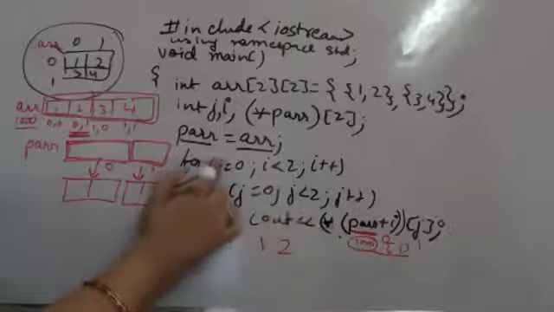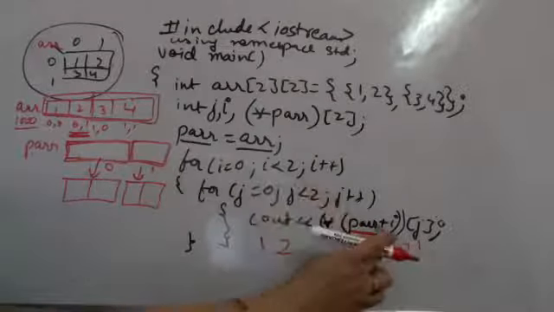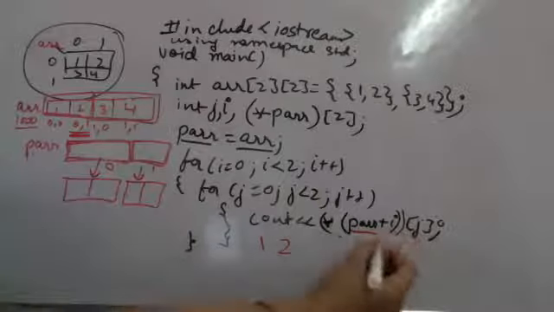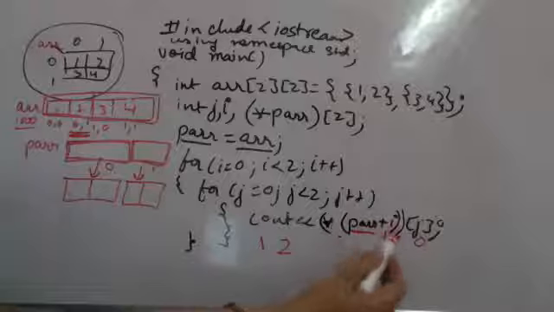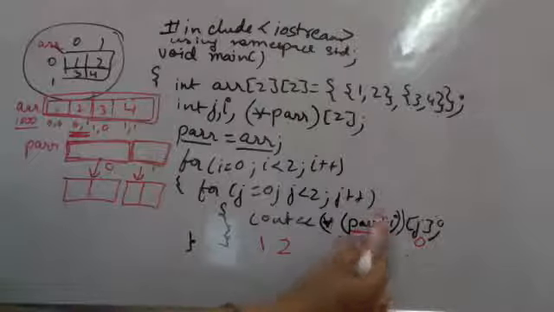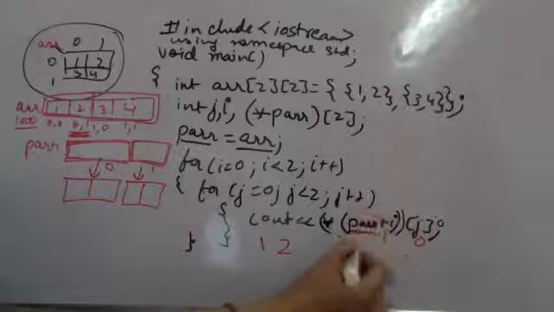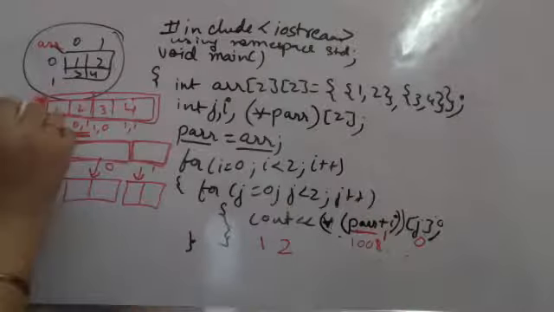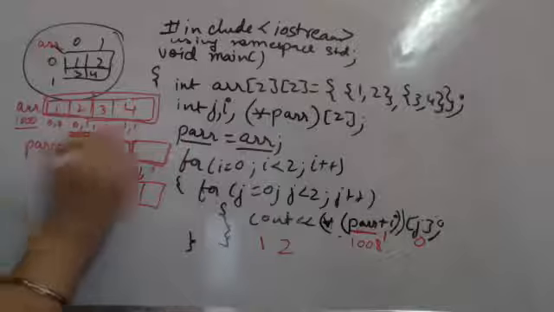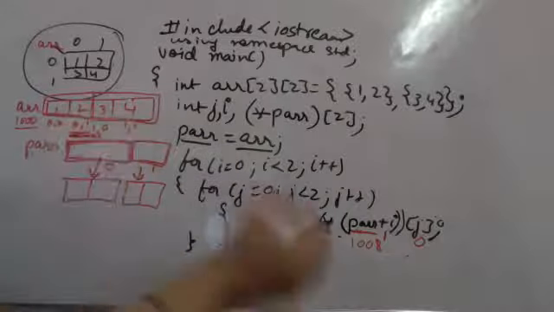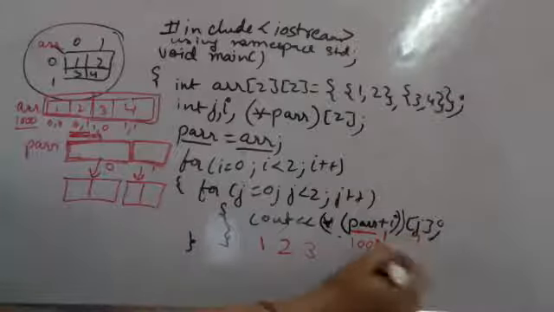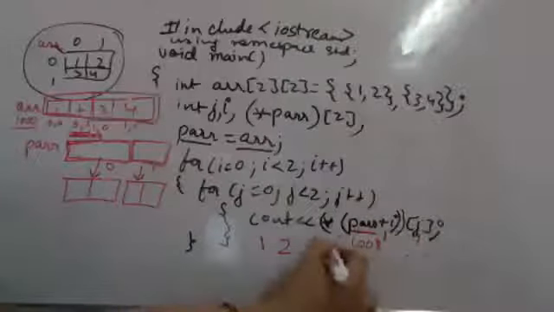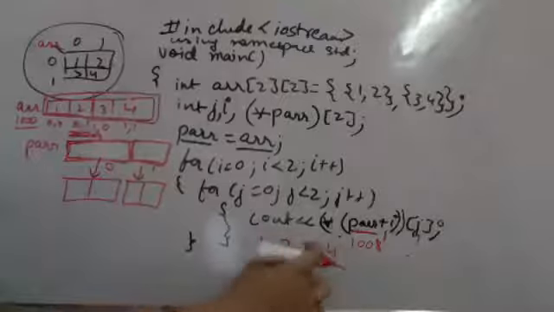Then we again go, I becomes 1, j becomes 0. So now this location is the next row in itself. It is P array plus I, it is the next row. What is the next row over here? It is incremented to be 1008. The next row's address is 1008. 1008 plus j is 0 column, I get a 3. Next, I becomes 1, j becomes 1. 1008 plus 1 integer column, it becomes 1, 2, 3, 4. So I get an output.